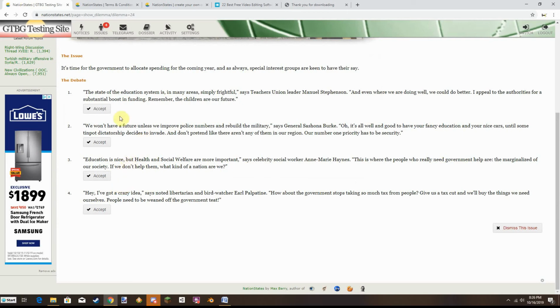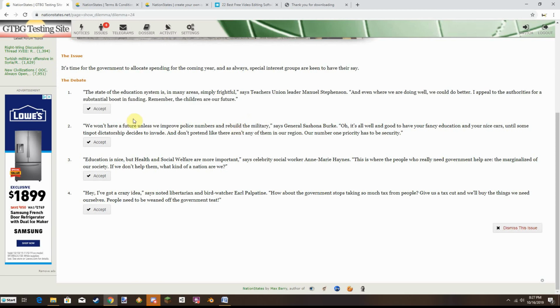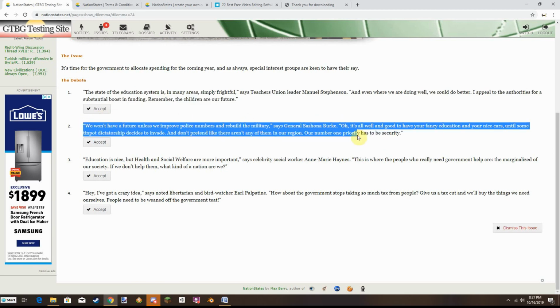So, option 1: the state of the education system is in many areas simply frightful, says teacher union leader Manuel Stevenson. And even where we are doing well, we could do better. I appeal to the authorities for a substantial boost in funding. Remember, children are our future. And the second option: we won't have a future unless we improve our police numbers and rebuild the military, says General